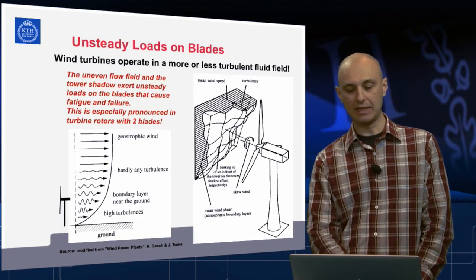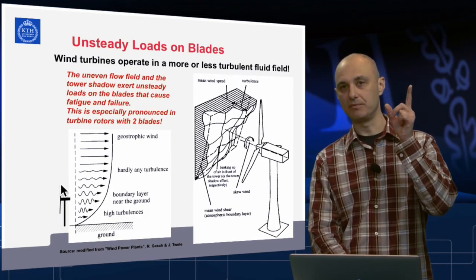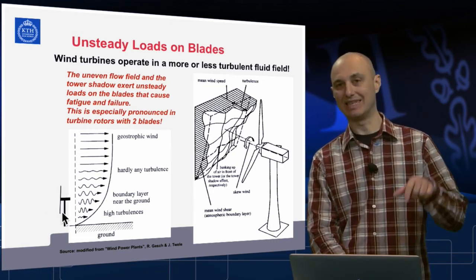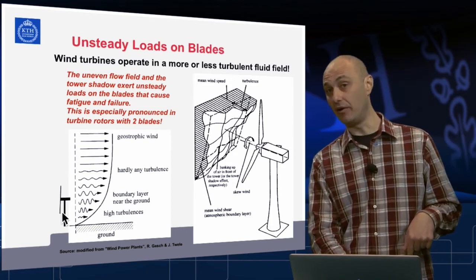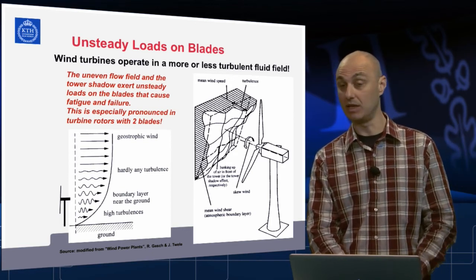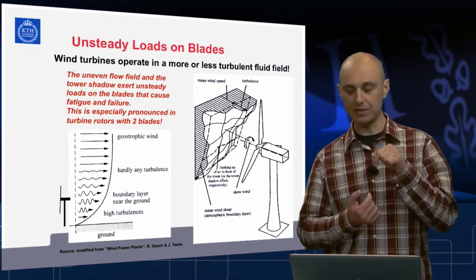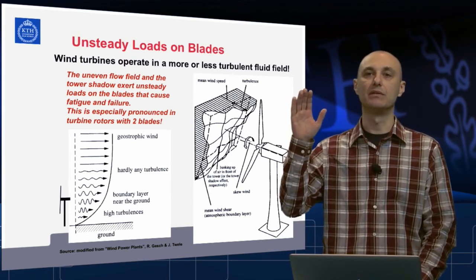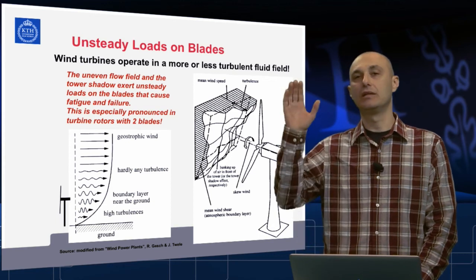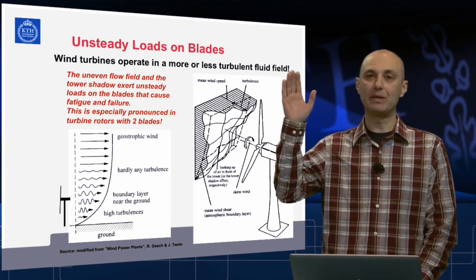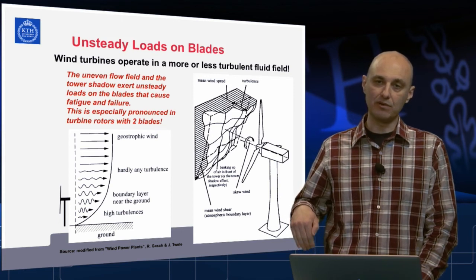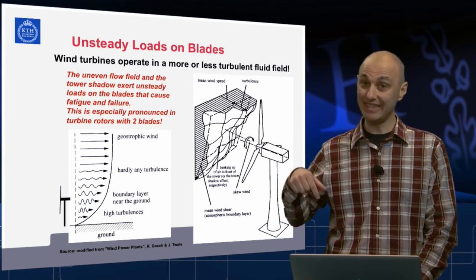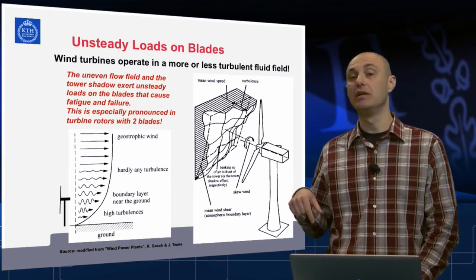First of all, one blade is facing up at the best possible wind speeds for that turbine, while the other blade is exactly at that point directly facing down at the worst possible wind speeds for that turbine. There are only two blades, straight against each other, which produces a very effective push on the rotor in this way. The top blade performs better. For the blade down there, first of all, the typical wind profile or flow field is worse. Second, the tower exerts a shadow, so the blade down there